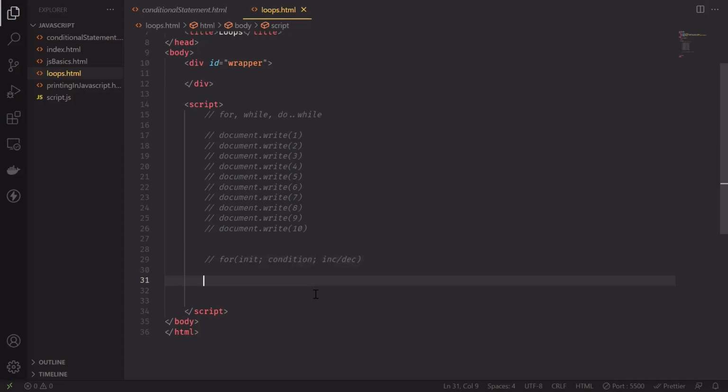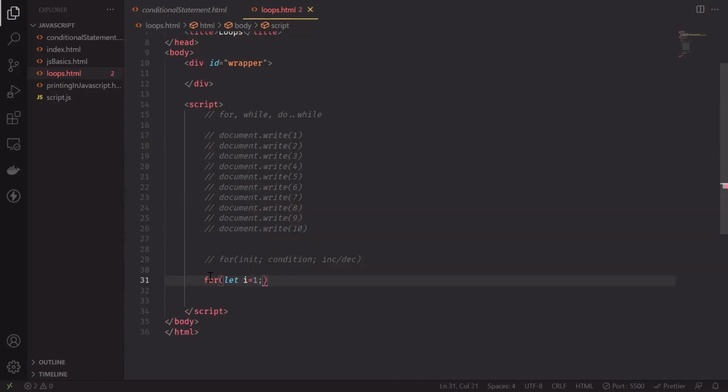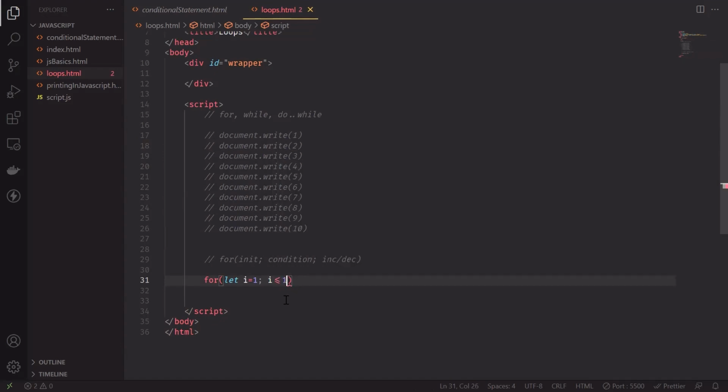To put it in perspective, let's say I want to again write counting from 1 to 10. Instead of writing document.write 10 times, I would initialize a for. When I say initialize, we actually initialize a variable. So let me initialize a variable i. Of course, we can take anything we want. I would be starting from 1. Why 1? Because I want to write the first number as 1. This loop will keep on working till the time i is smaller than or equal to